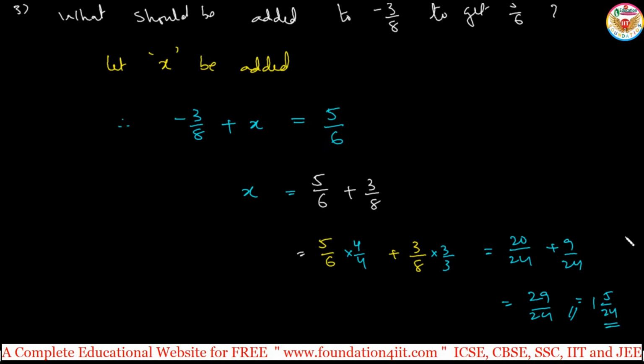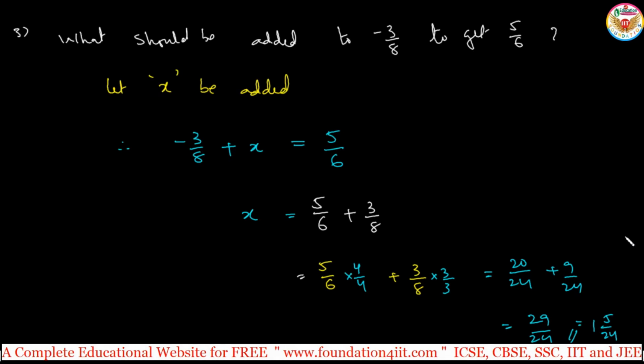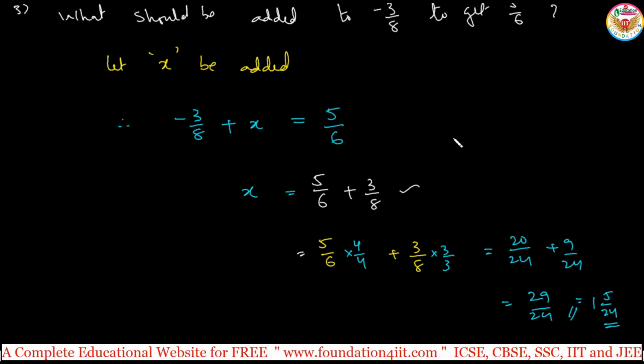So that is what should be added. Similarly, what should be subtracted from this to get the same? Let x be what should be subtracted; then you keep minus x. Based on that, you can convert the question, then find out that particular x value. That only is the final answer for us. These are the types of questions they'll ask based on subtraction of rational numbers. Let us see what properties exist in the subtraction of rational numbers now.